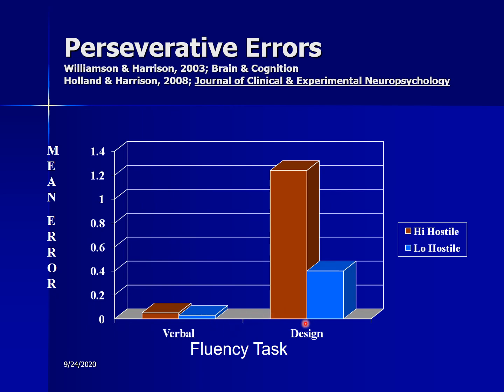But when we look at the design drawing task, you can see our hostile, violent, prone folks are making many perseverative errors. And again, when we give these standardized tests, our hostile, violent, prone folks, now these are oftentimes very successful people, very competitive students that are doing very well here at Virginia Tech, 15 out of every 200 of you, okay? But they are in the significantly impaired range, the pathological range on standardized tests of design drawings. There's also, I don't really have hard science, but anecdotal evidence that they oftentimes doodle with perseverative designs in office meetings where people are angry and stuff like that.